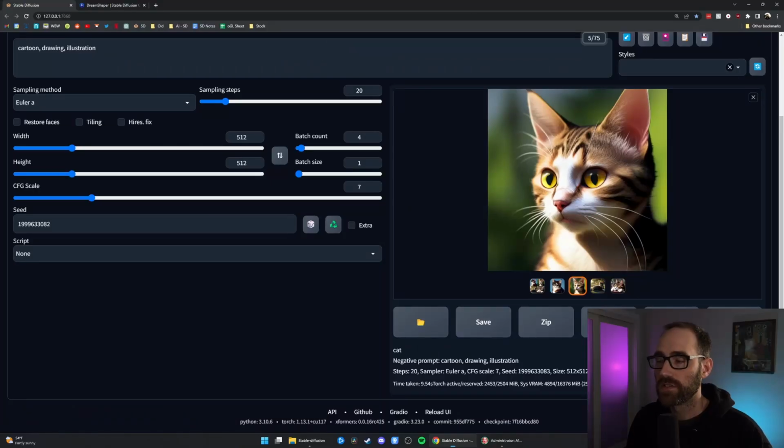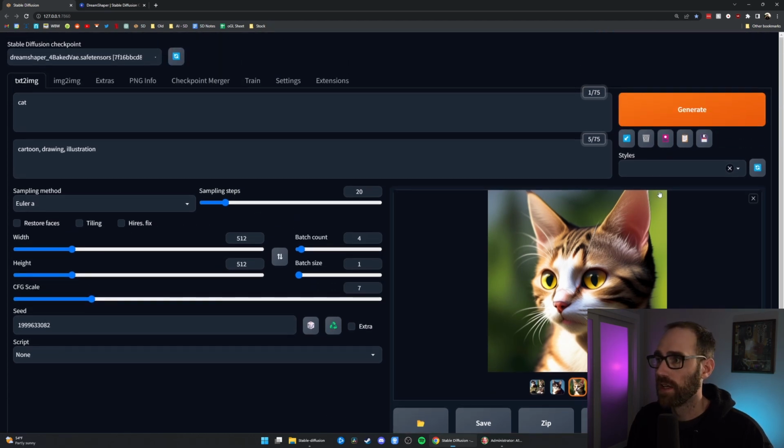These buttons down here let you either open the output directory, save the image, save it as a zip, or you can send these outputs to a different screen, image to image, Inpainting, or extras, which I'll go over in a second. Another unique component is styles, where you can basically build out a library of styles so that,